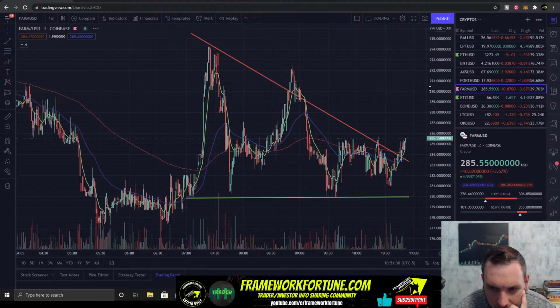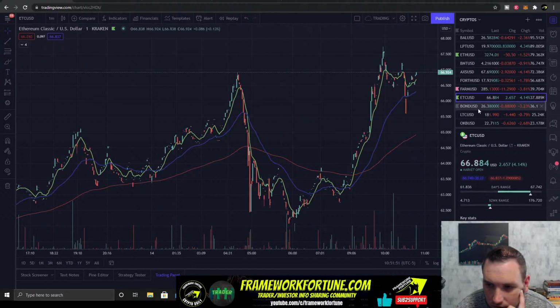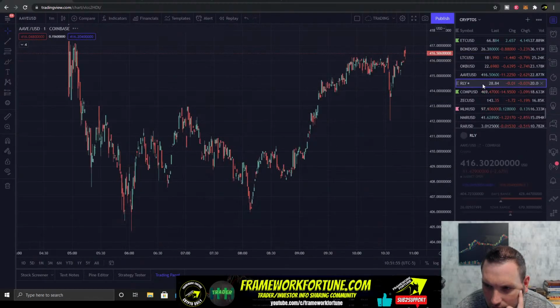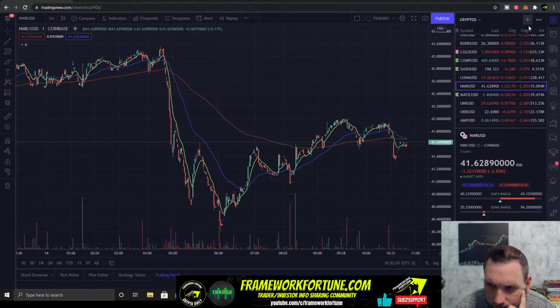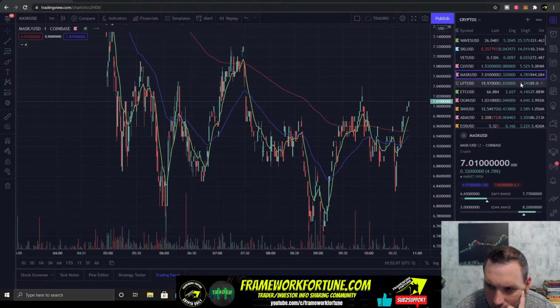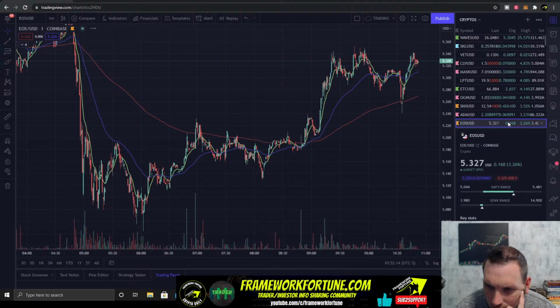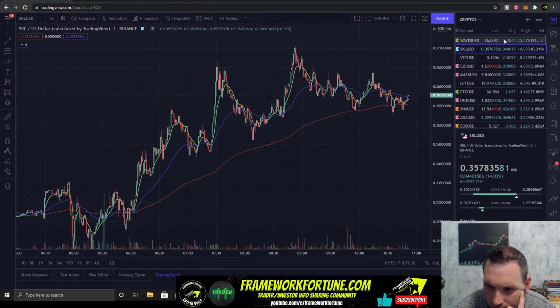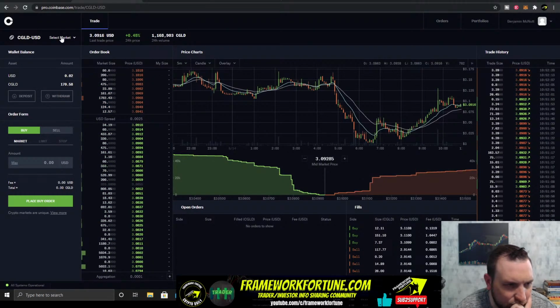Farm looks like it's going to break out here. It's trying. Little double bottom on the 1 minute there. Don't really have much else as far as volume on the 1 minute, unless I go, I guess I could try to go trade so